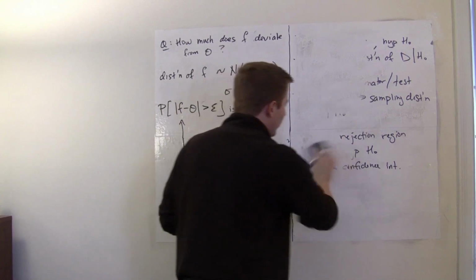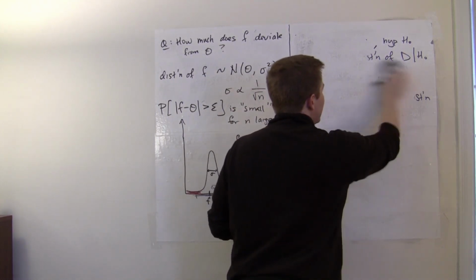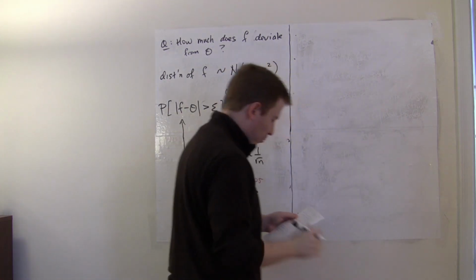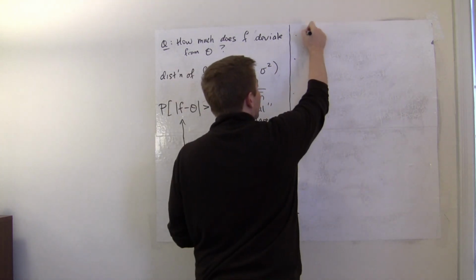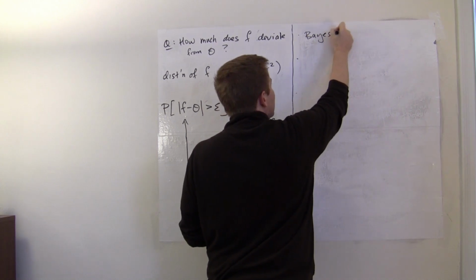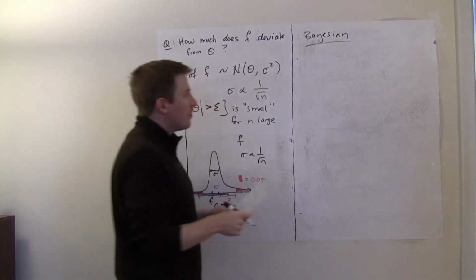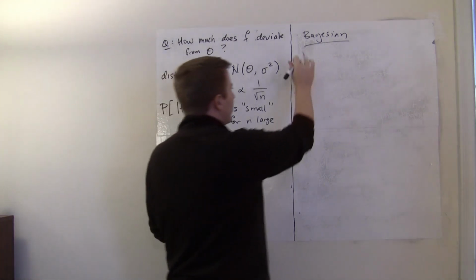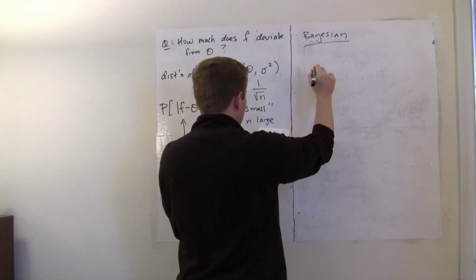Okay, so let's just kind of repeat some of that and play that out and see how we would attack this problem kind of the right way. All right, so we actually would agree with a lot of this argument up to the sampling distribution of f. Okay, so we would certainly agree with the